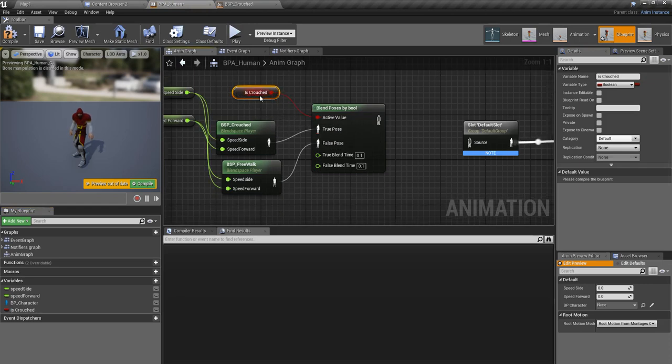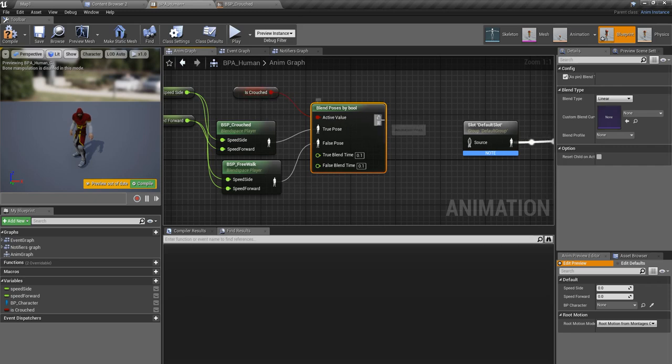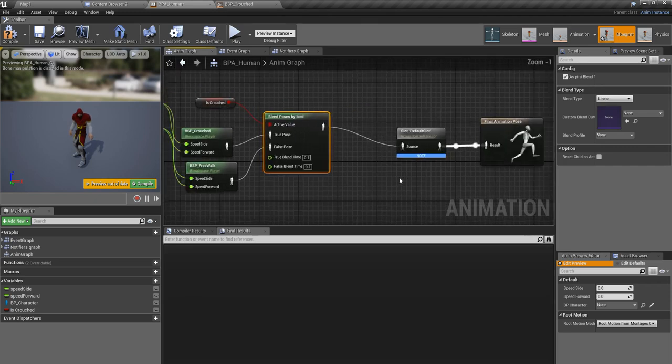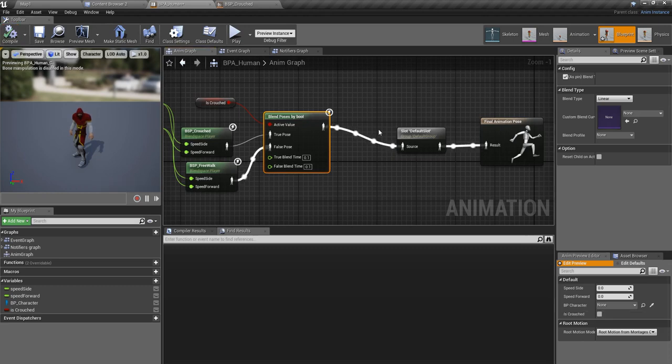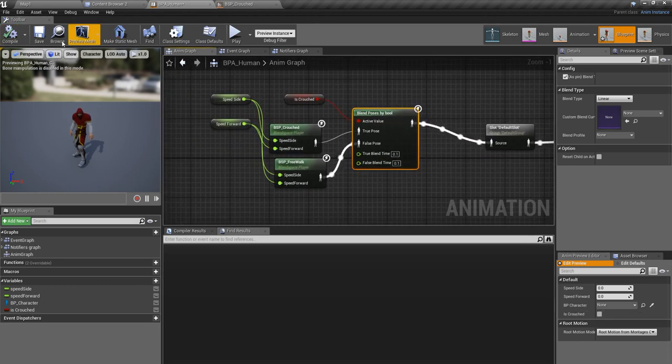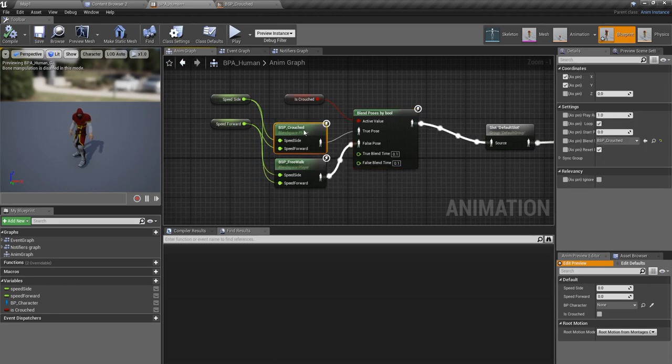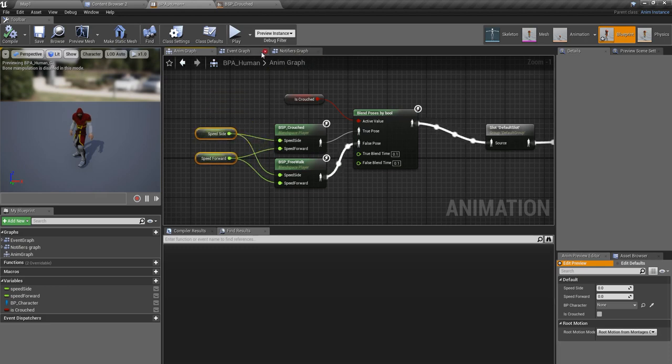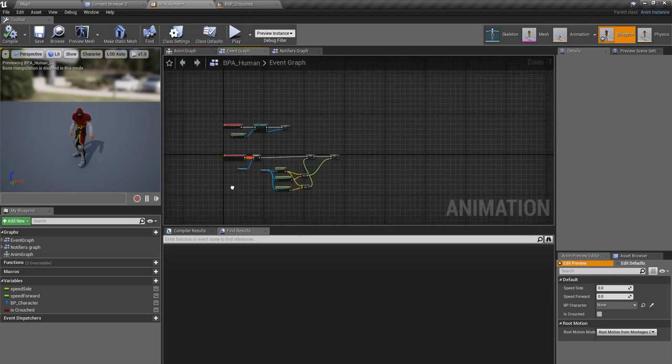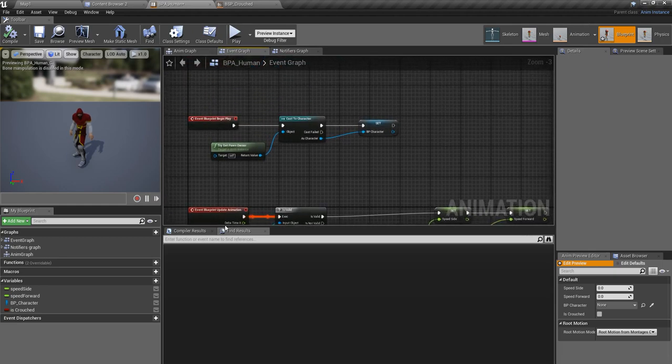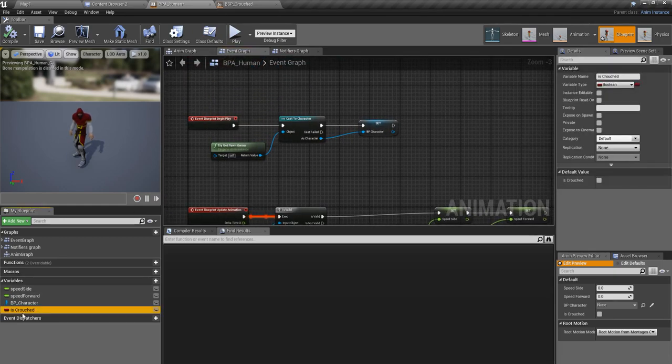So whenever I set this to true, this will output this one, and false this one. So by changing this variable I can change the animations for crouching and free walking. Alright, now we have set up our blend spaces. Now we need a method to access these changes. So how do we change this variable is crouched